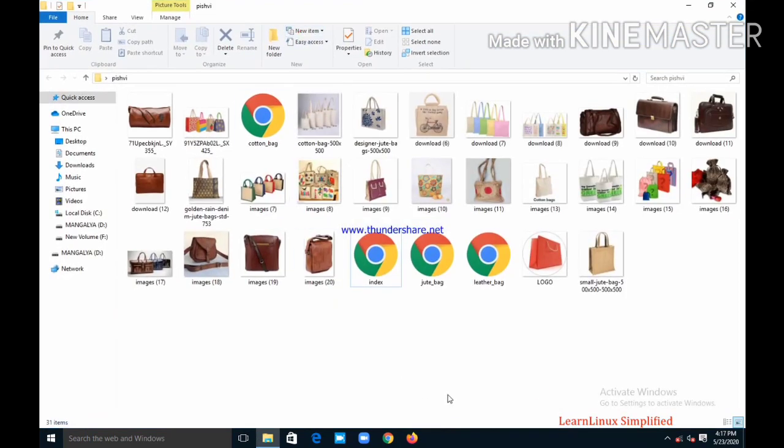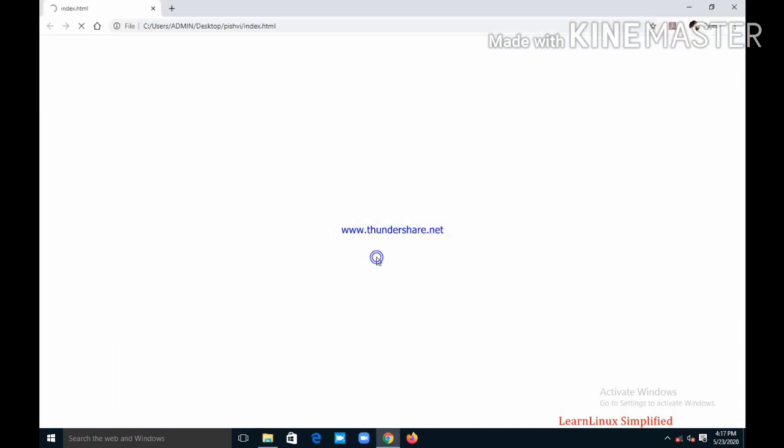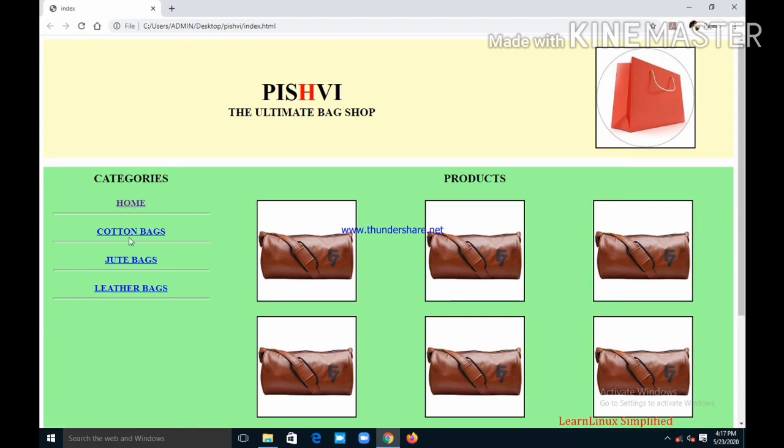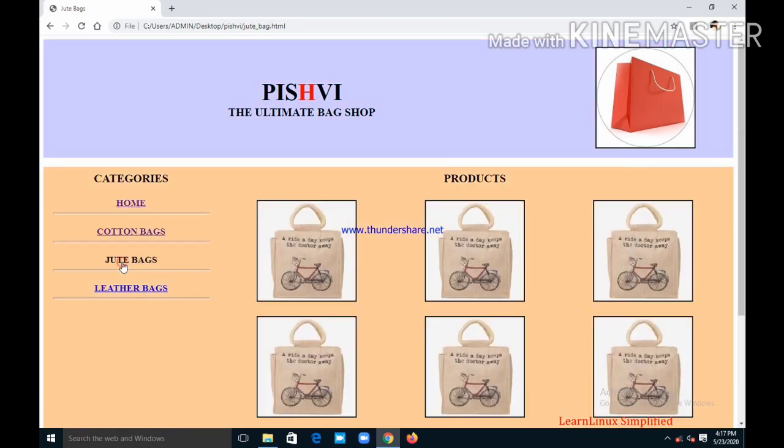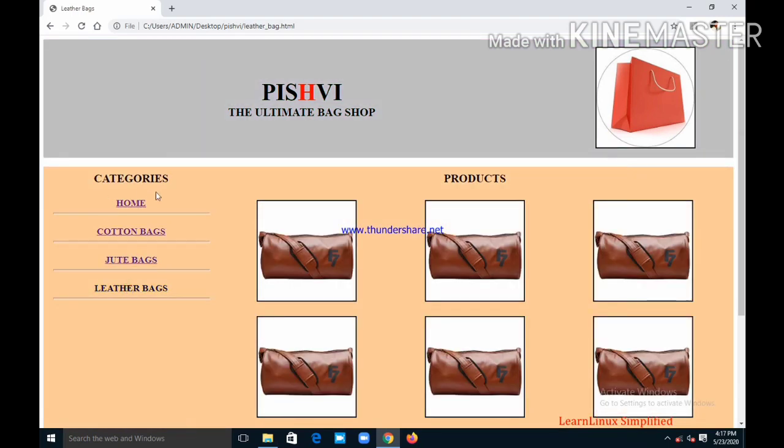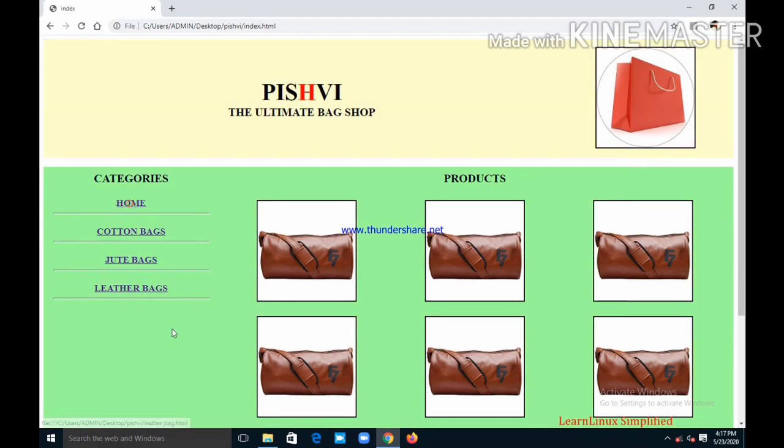This is my index page. You can see cotton bag, jute bag, and leather bag. Now the home page is the one we majorly have to change. Why? Because, as I said in a previous video, the home page should not contain all the products; it should have offers.